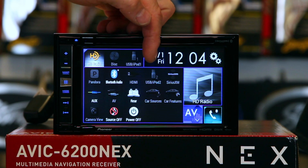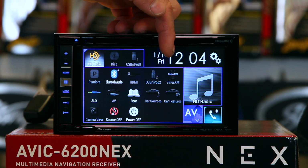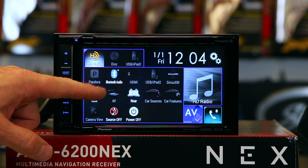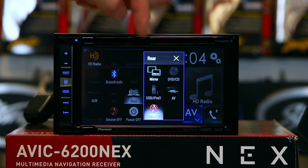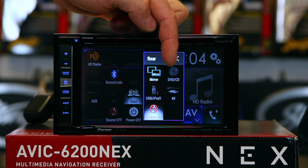You have USB 2, Sirius XM as an option. You need the SVX 300 tuner. You have your auxiliary. You have your AV inputs. Rear seat entertainment. Rear seat allows you, this is if you're going to add headrests or an overhead, you can